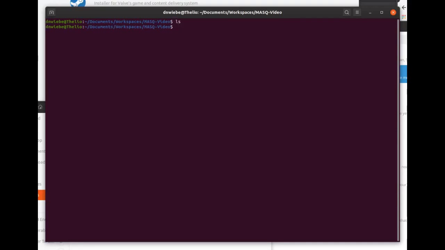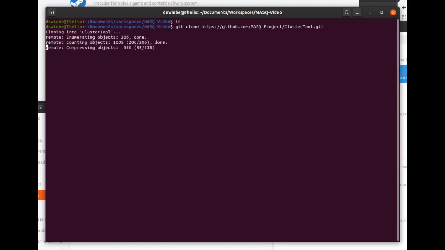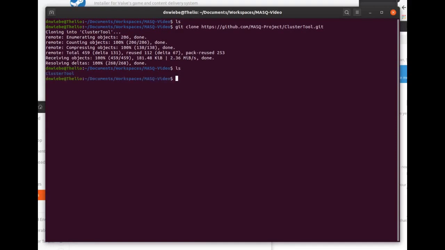What you want to do is type git clone. This is, of course, assuming that you have Git working on your system, and then paste that URL that you got from GitHub, and hit enter. And now, if I do an ls, you'll notice there's a cluster tool directory. You don't have to, but if you like, you can rename cluster tool to TNT.